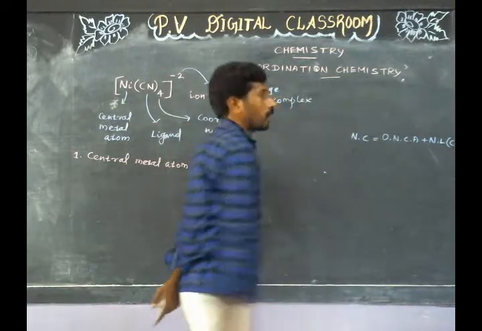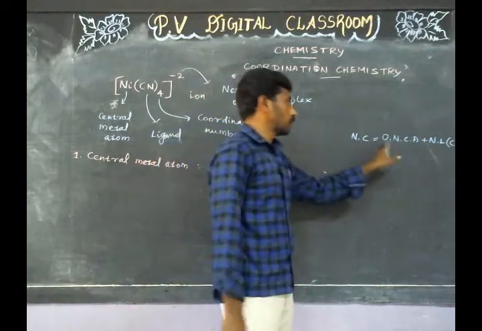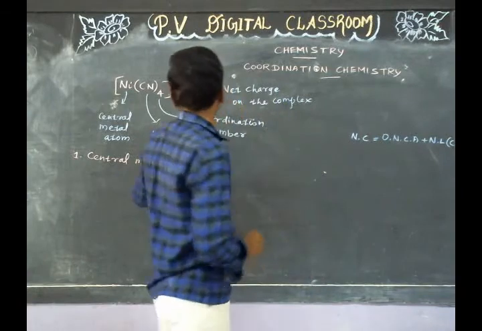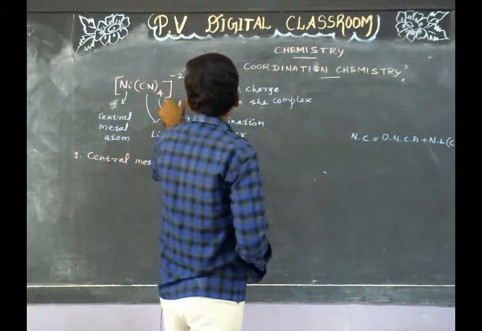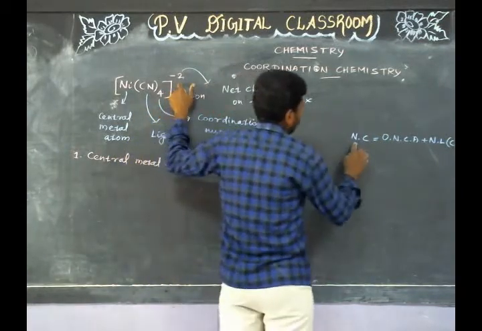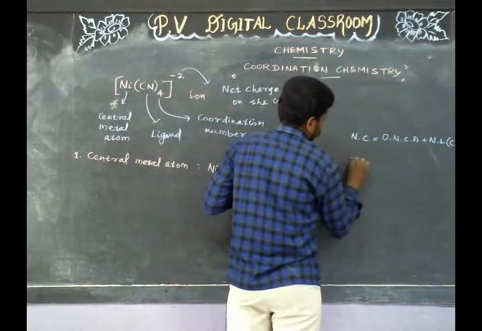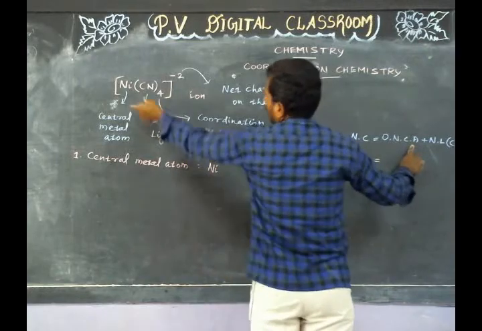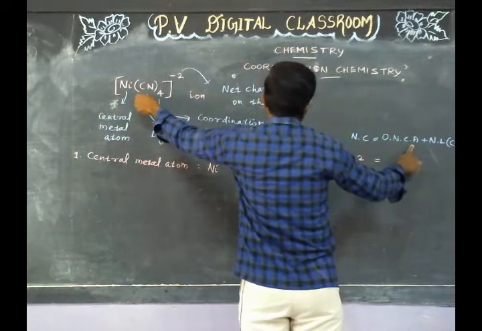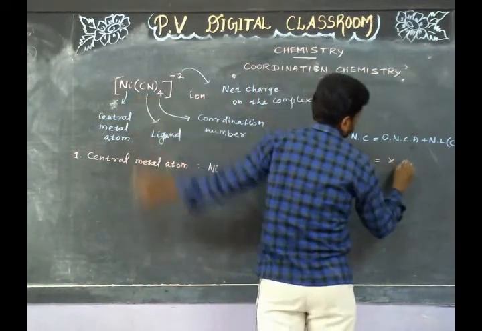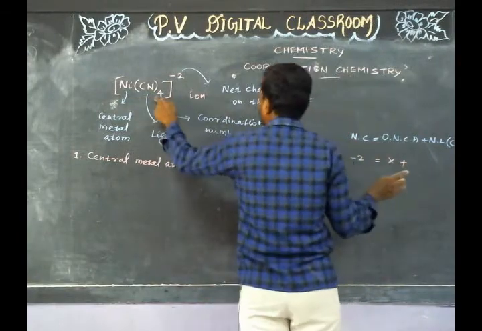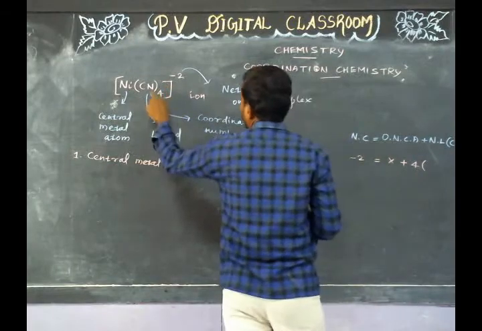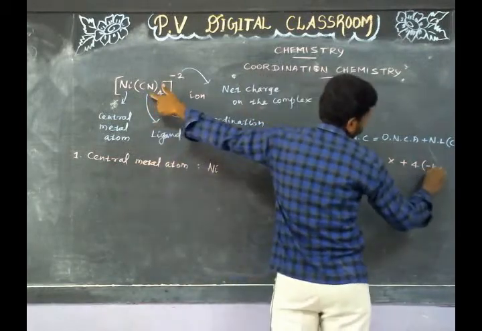By using this formula, we can find the oxidation number of the central atom in a given complex. In this complex ion, the net charge is -2. The oxidation number of the central atom in this case is unknown, so it is taken as X, plus the number of ligands in this complex ion, which is 4, times the charge on the ligand, -1,